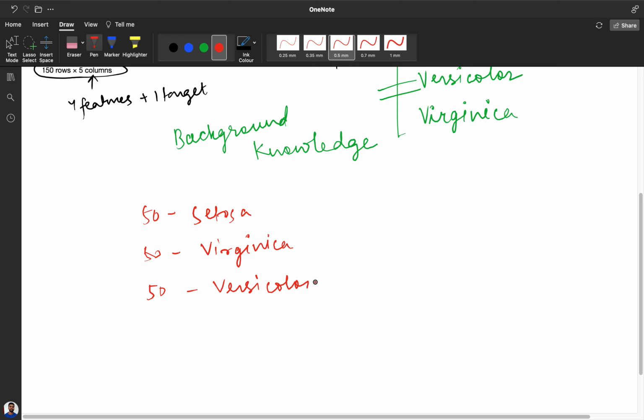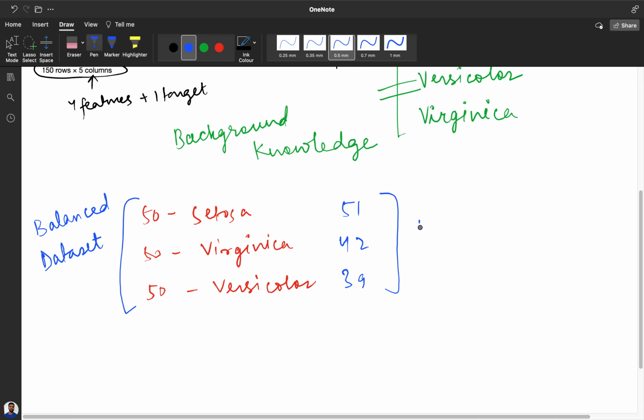So over here you can see all these are the same. Such a data set is called a balanced data set, where the number of data points for each variety is the same. Had it been 51, 42, 39, this would be an unbalanced data set. So I hope everything is making sense to you up till here.